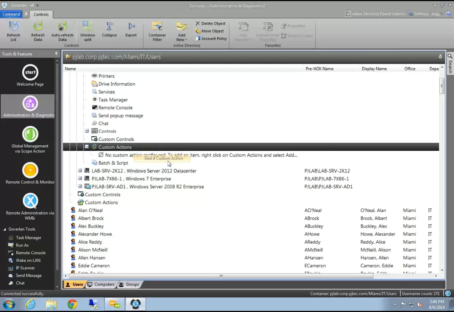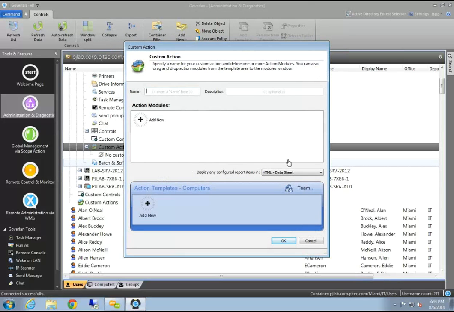So I'm going to right-click custom actions and do add a new one. In this case, this could be a series of steps that you need to take to, let's say, remove a piece of spyware or get rid of a virus. So we'll do something like remove myvirus.exe,